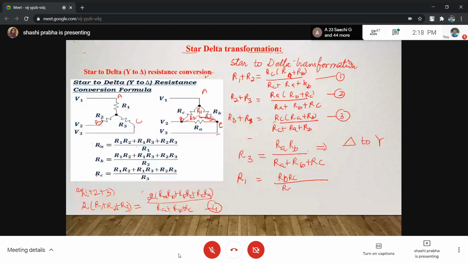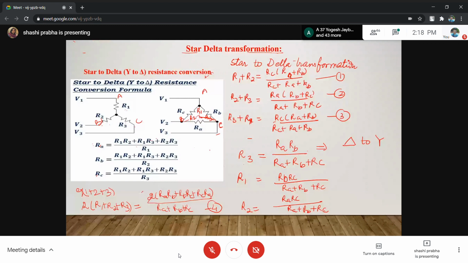Similarly, what will be R2? R2 क्या है? ये जो बीच का रेजिस्टेंस है ना, see the adjacent resistances, अगर ये निकालना है तो RA RC upon RA plus RB plus RC, ठीक है। So if any delta is given,